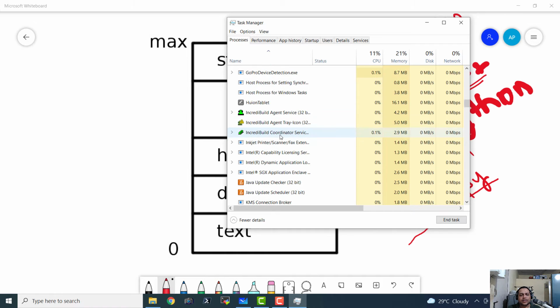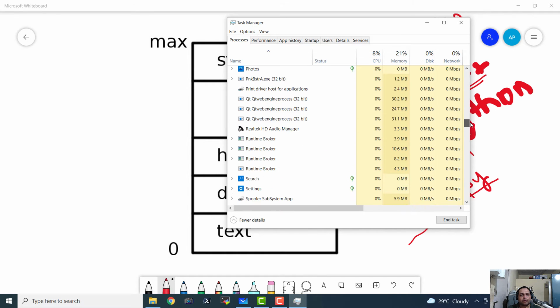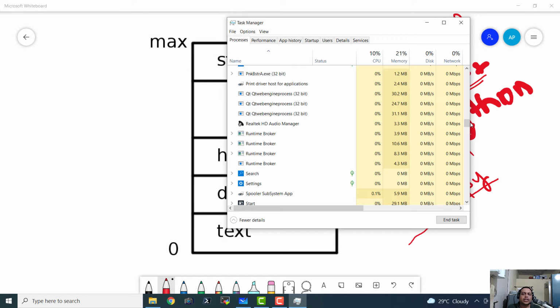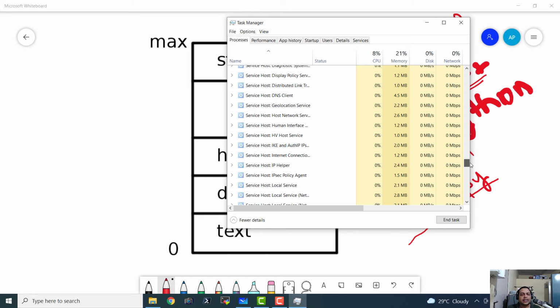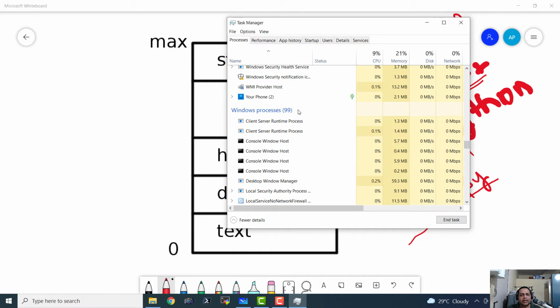All these services will have their own processes, and all of them will be running in the background. And you won't be able to see a graphical user interface window for such background processes. That is why they are known as background processes. And these 99 are Windows processes. These 99 various processes belong to the Windows operating system services.